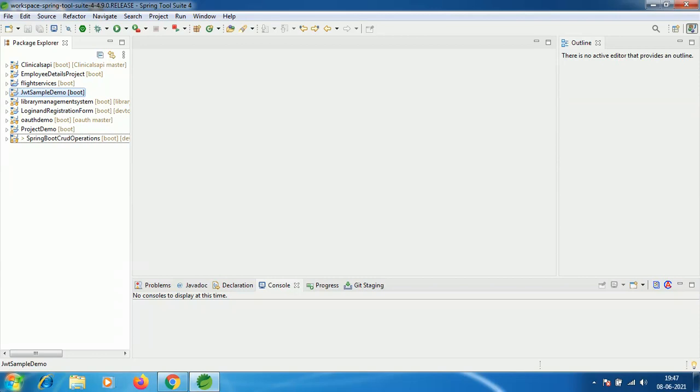Internally it contains Spring Boot Starter, Jackson dependency, Spring Core dependency, Spring MVC dependencies, and Spring Starter Tomcat also. Here we are done with creating the project.